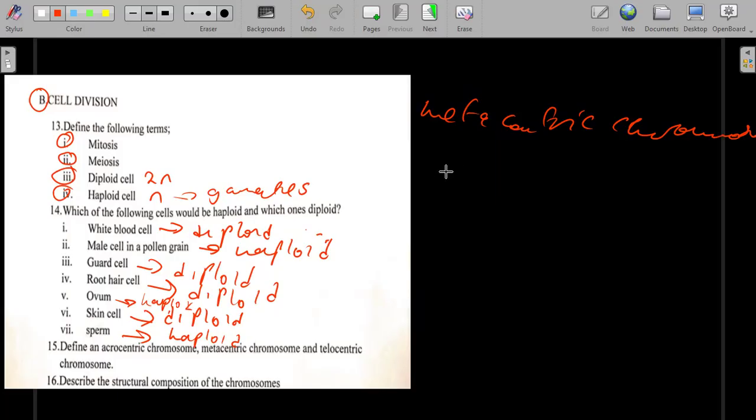Okay, so this is a type of chromosome in which the centromere is located at the middle. Then you are going to have two arms, which are almost equal to each other. Remember, for acrocentric we had two arms, one very long and the other short. For metacentric, the centromere is located near the middle, near the center, and the two arms are almost the same. So we are saying a metacentric chromosome is a chromosome